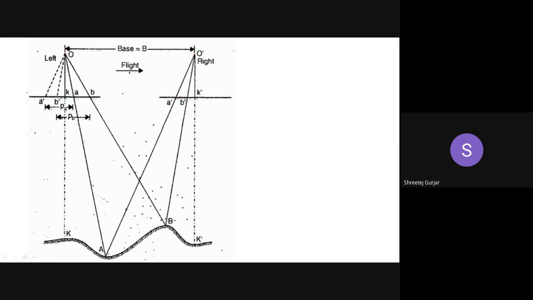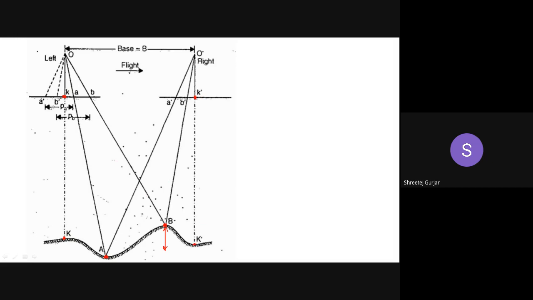And we have certain points on the ground marked. This is point A on the ground, and this is point B on the ground. You can see they are a certain elevation apart. They do not have the same elevation. They are elevated differently. The principal point of this image, K, is transferred on the ground; it is capital K. Similarly, the principal point of this particular photograph, K dash, transferred on the ground, will be capital K dash.